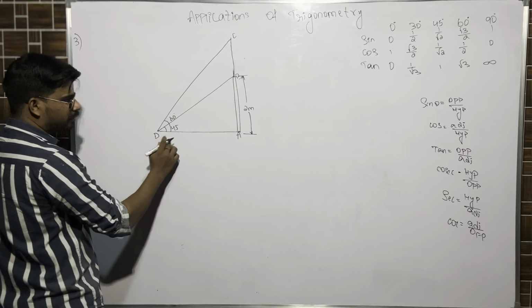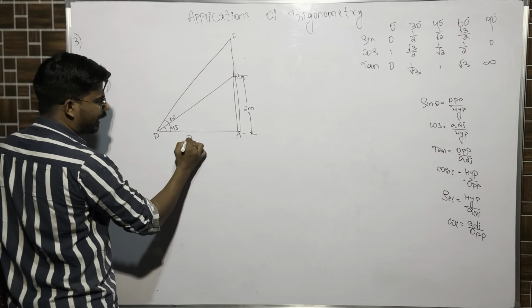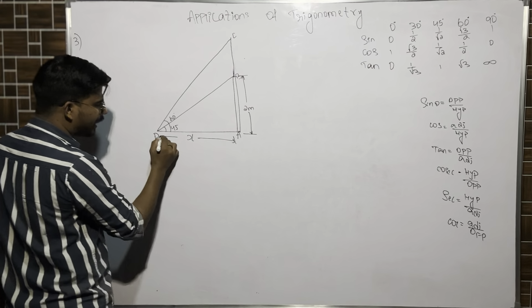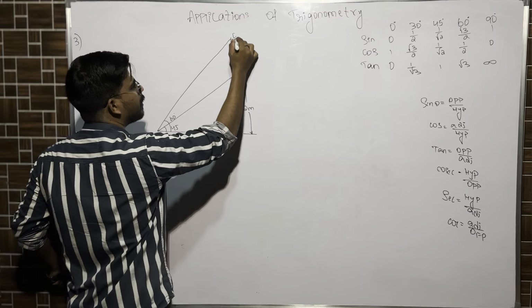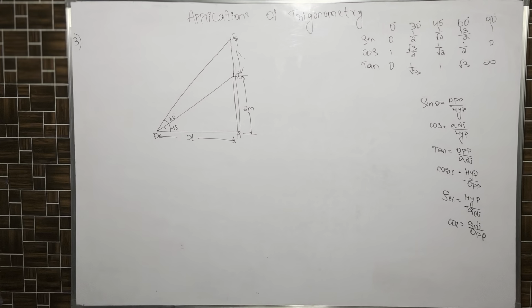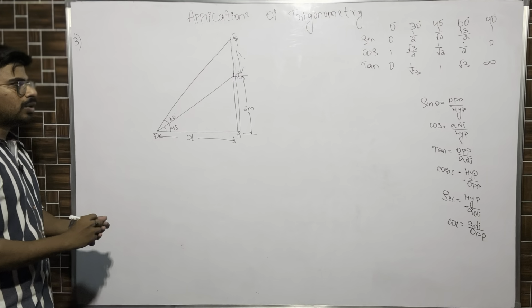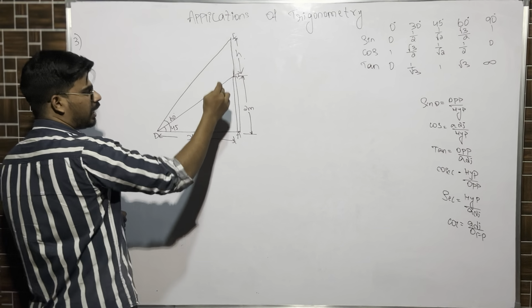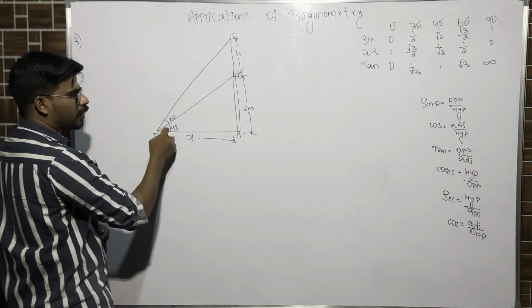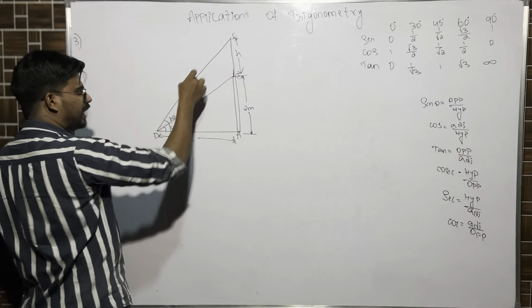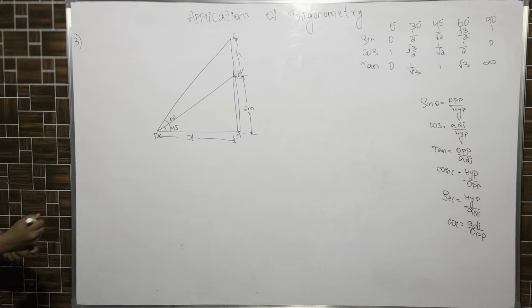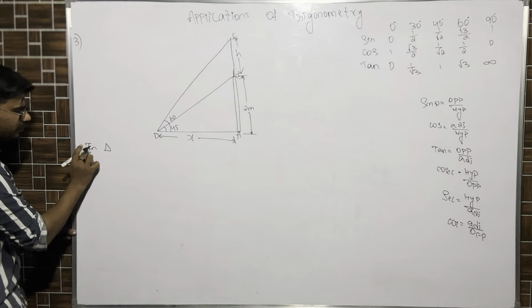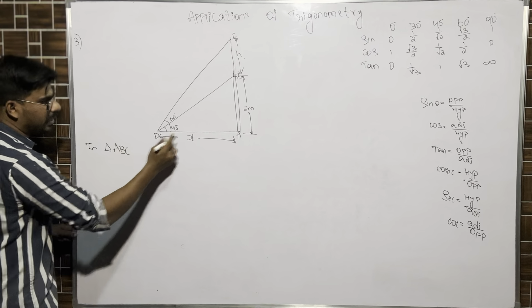Right, this distance D to A, I'll put it as x. Let this distance be x. From B to C, let this be height h, because heights are represented by h, or either way you can take x, y, it's up to you. Now what are the two triangles? ABC is one of the triangles and ACD, because in both the cases 90 degrees is included. Two triangles. First triangle, in triangle ABD.